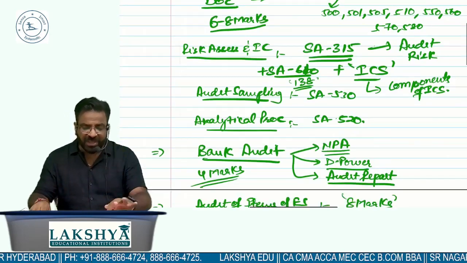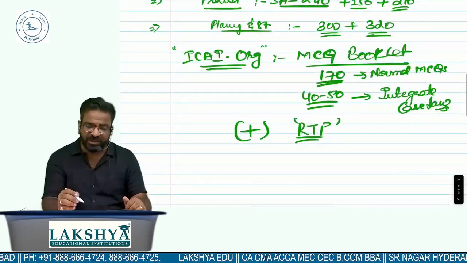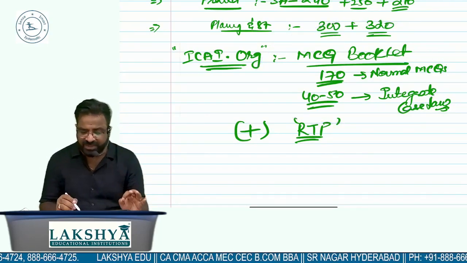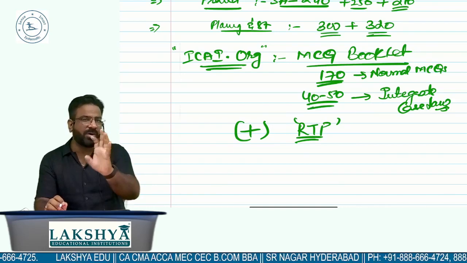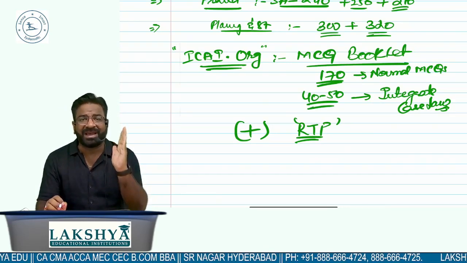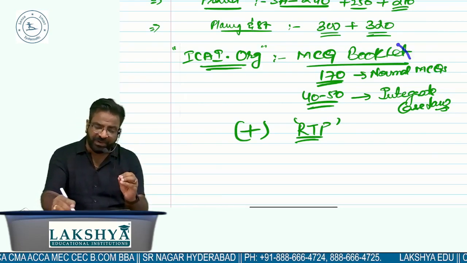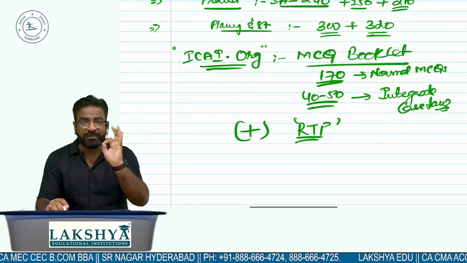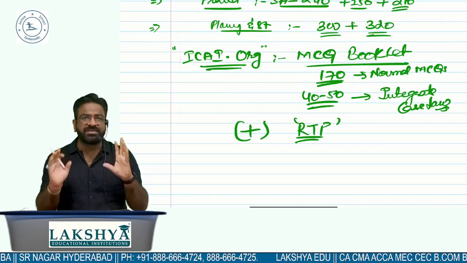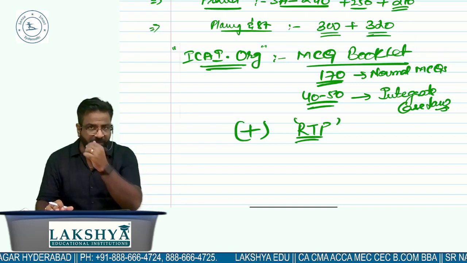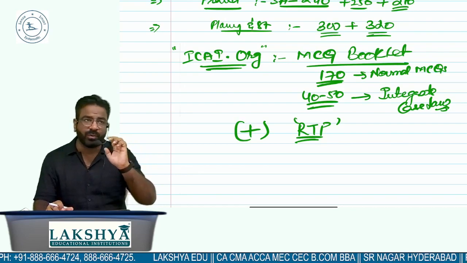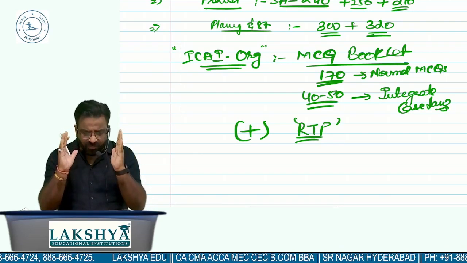But make sure ICAI resources are the best ones. Don't do anything other than ICAI resources. MCQ booklet also you have to do from ICAI, and RTP also. Minimum, your attempt's RTP you must read. I am guaranteeing you directly 20 marks you will find from these two together. 20 marks. And 80 marks we are already covering above. Out of 100, if you are fetching 60 marks, direct exemption. Are you getting the point, right? Do you get the point? So make sure that you are not doing anything else at all. Concentrate only on auditing.